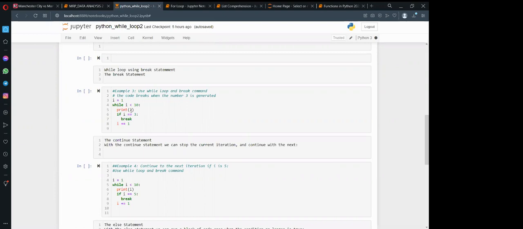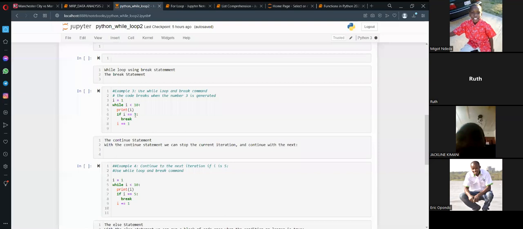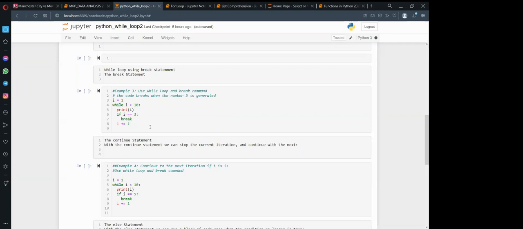So immediately after that, you can test if i is equal to 3, then you write break. And please take note of the indentation. Indentation is very important. So when you generate this number and it reaches 3, then it will break, it will terminate.